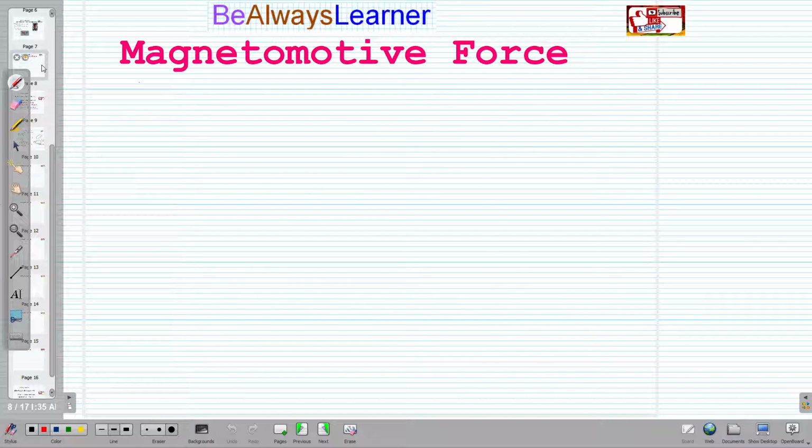Magnetomotive force is analogous to what we already understand as EMF in electrostatics. That is, EMF, represented by EMF, Electromotive Force. Now, this EMF can be understood by,